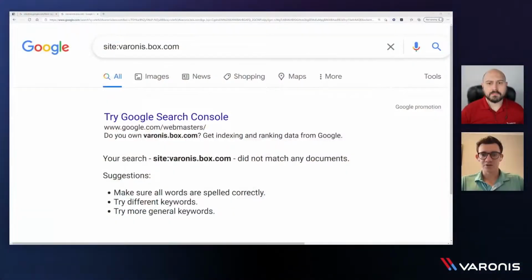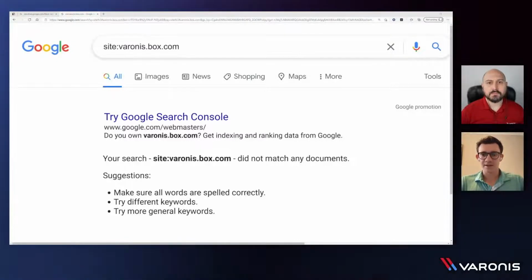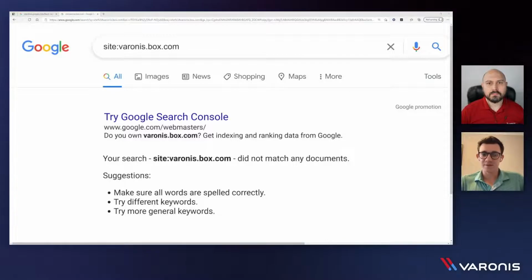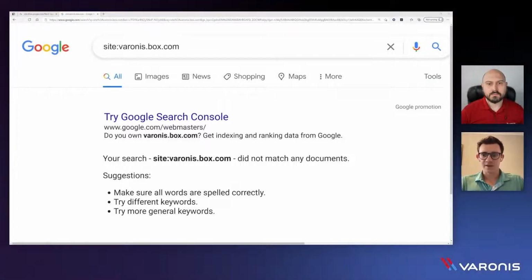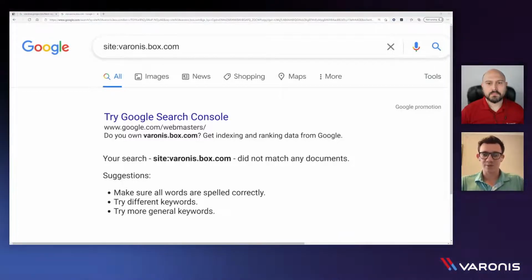You can go on something like Google, and if we're talking about Box, for example, the structure there is first you'll search site: your organization's name or the account ID, .box.com, and see if anything comes up. Now the URL itself is going to be a little bit longer. There's generally a couple strings in there and something related to the object ID. But at the end of the day, when we search something like this, you'll oftentimes find hits that come up.